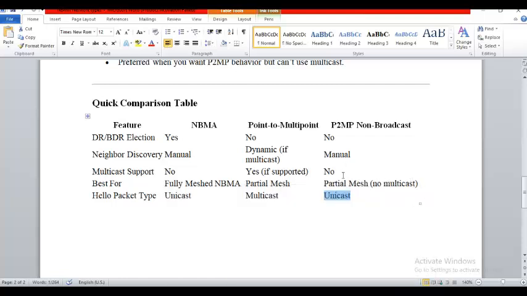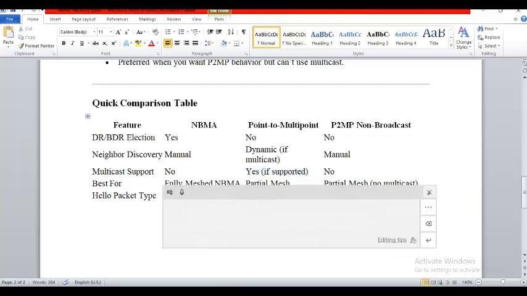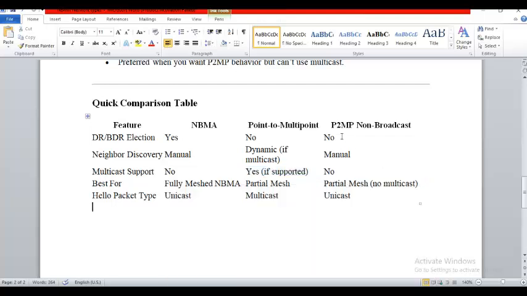Right. In the next class, we are going to do this lab with frame relay, and we are going to test. So what we will do now is